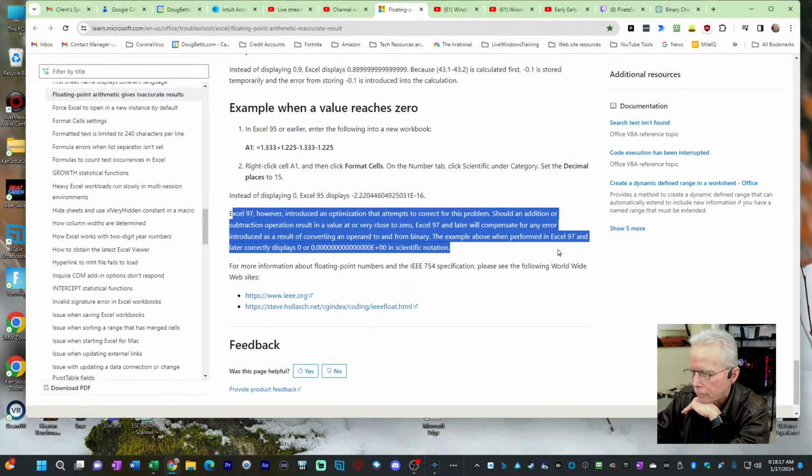The example above, when performed in Excel 97 and later, correctly displays zeros. Well, it has changed since then. Excel is displaying everything in the scientific notation unless you change that checkbox the way that I showed. But the data is still stored with that extra precision, the way Greg M said it.